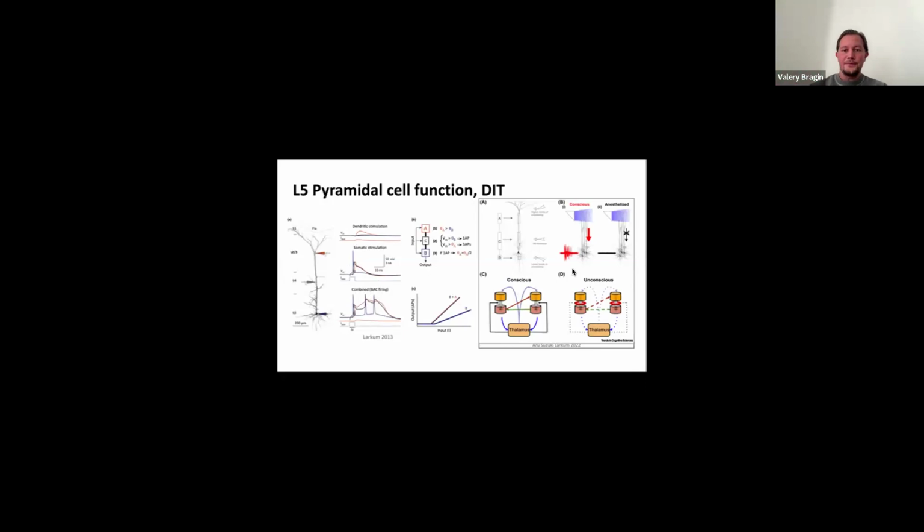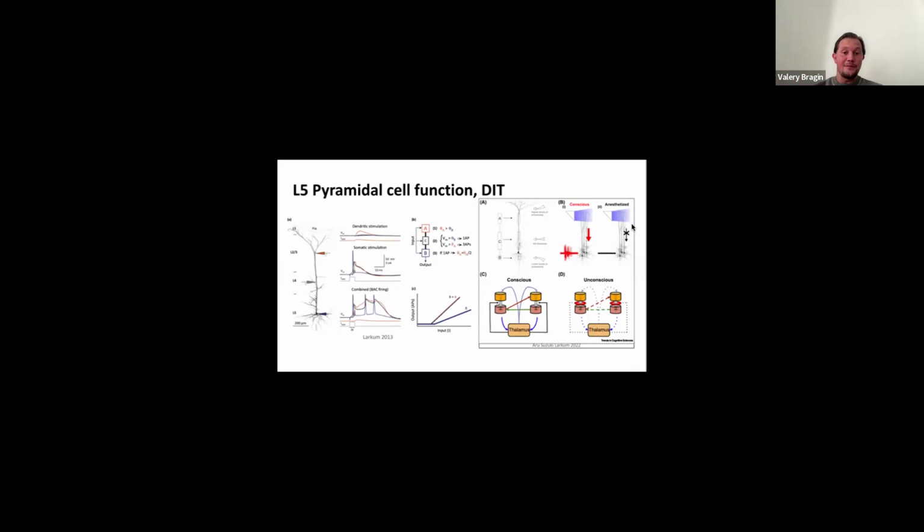And it's actually interesting. It's from work from Matthew Larkum and Suzuki. And it's in line with this broader picture of dendritic integration theory, the DIT that I mentioned. So it suggests that these L5 pyramidal cells can integrate bottom-up and top-down inputs across layers. So when the inputs arrive together, you can get this BAC, backpropagation activated firing, bursting, and you have these coupled streams of feedback and feedforward.